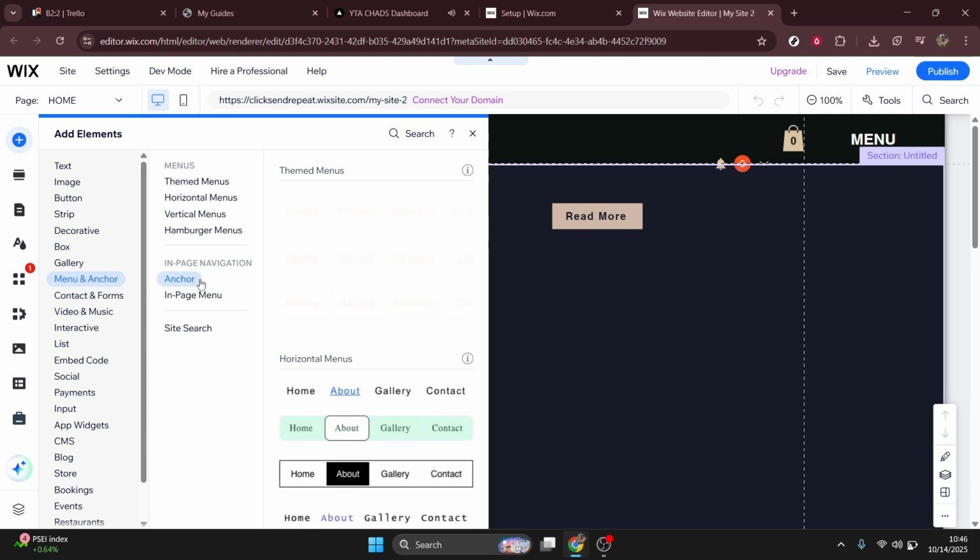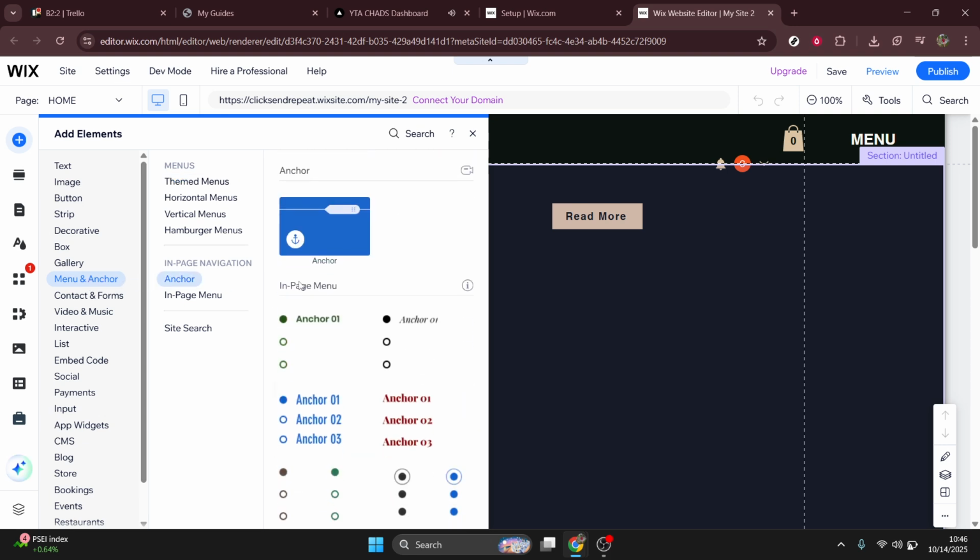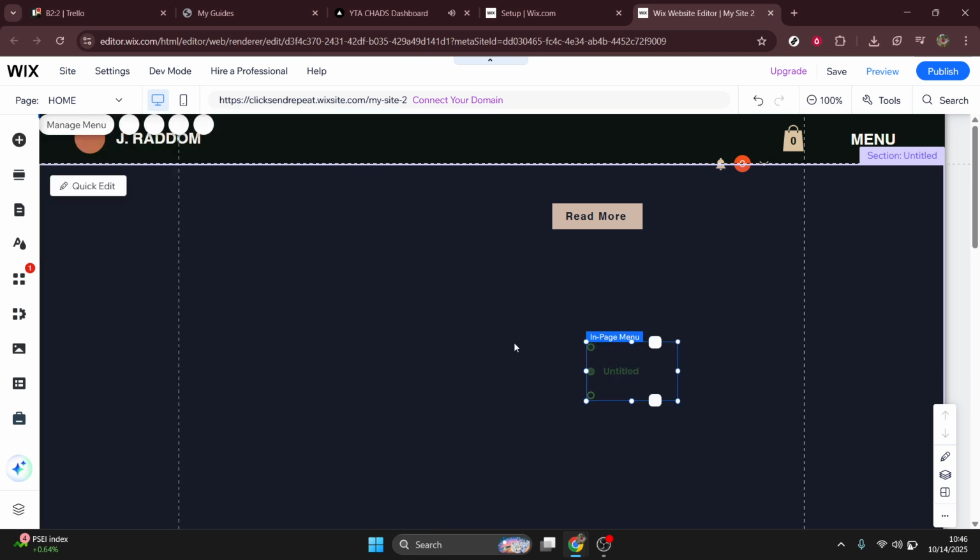To ensure everything is working smoothly, it's time to test your linked menu item. Click on Preview in the Wix Editor. This allows you to interact with your site as if you were a visitor. Click the menu item you've just linked. You should see a smooth scrolling motion directing you straight to the linked section, an elegant and seamless navigation experience